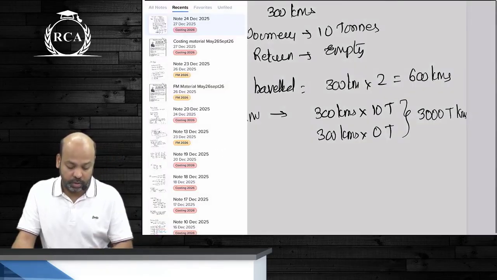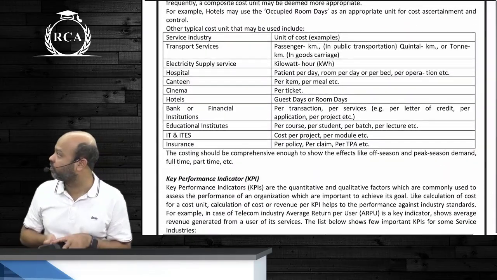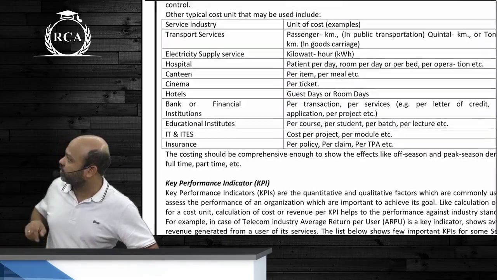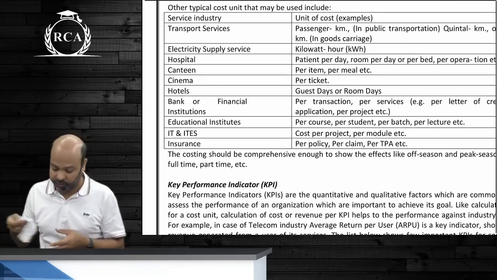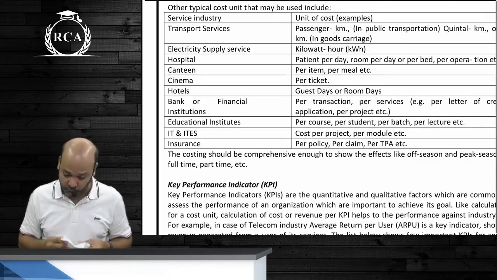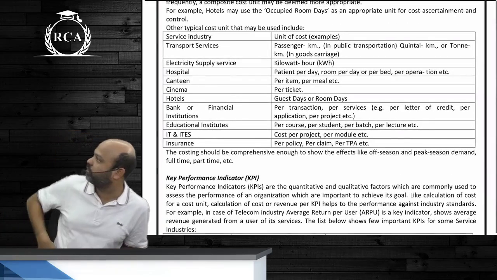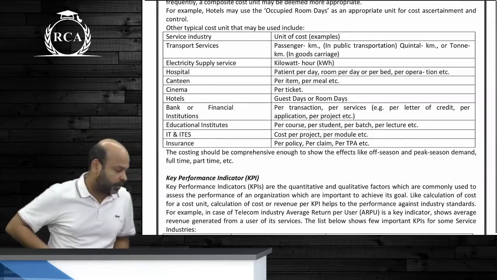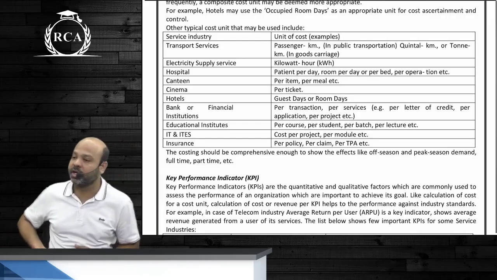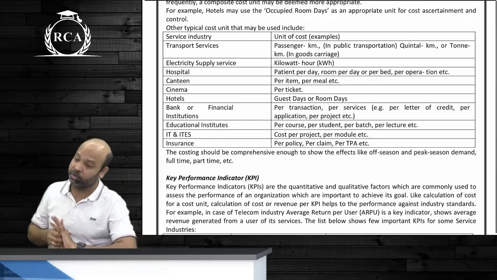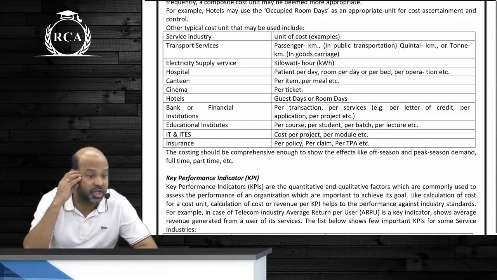So on page number 9.2, guys, there are few industries given, service industries and their respective cost units. The first industry beta there is transportation business. They say it is either passenger kilometer, guys, or it is ton kilometers. Goods carriage agar hai to beta it will be ton kilometers, otherwise guys it is going to be passenger kilometers. For electricity supply, guys, I already told you it will be per kilowatt per hour. That is why they measure it in kilowatt hours. We have learned this, guys, in overheads chapter also. I said if they give in kilowatt hours, that means they've already multiplied capacity by the number of machine hours.